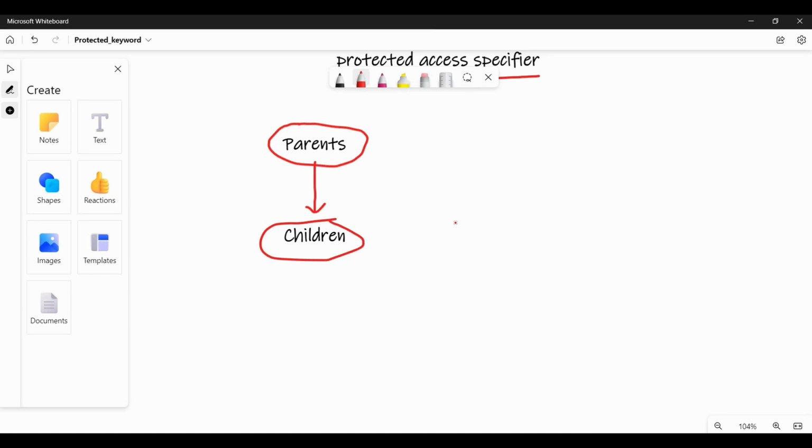So now there is a third level. The third level is basically some details which are known to you, but it is between you and your parents, and you will not share these things with anyone. For example, there are some family issues, right? So definitely you will know that family issue, but you will not share those family issues with your neighbors or with your friends, right? So you can take that as an example of the protected access modifier,